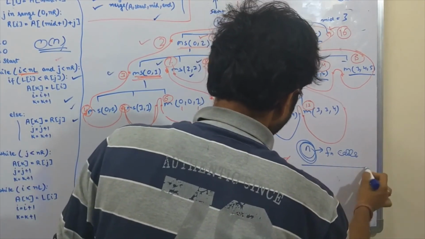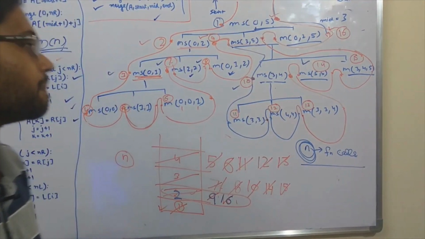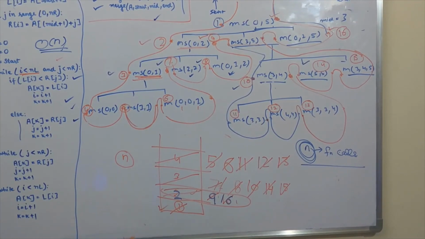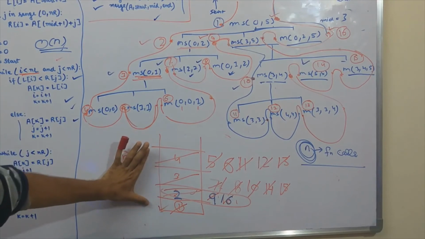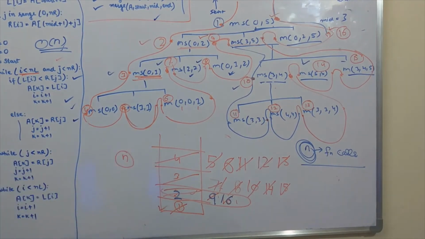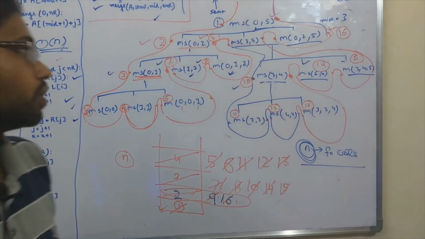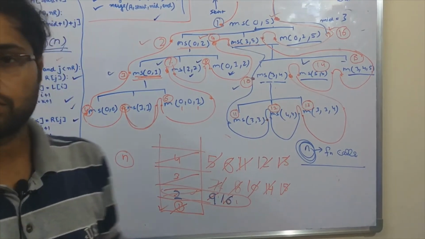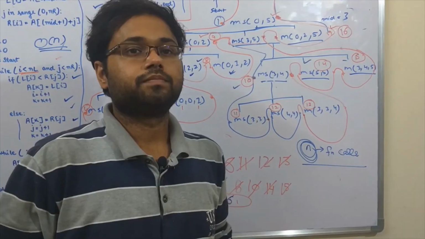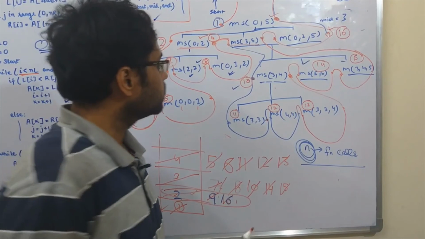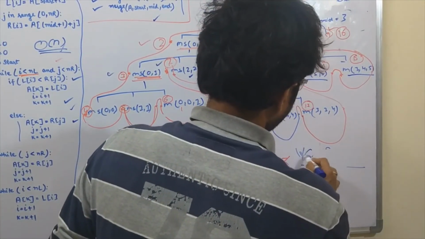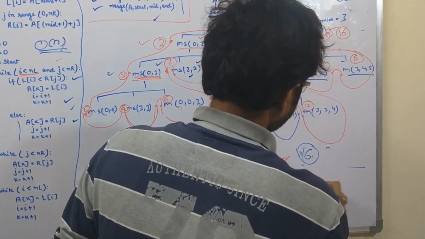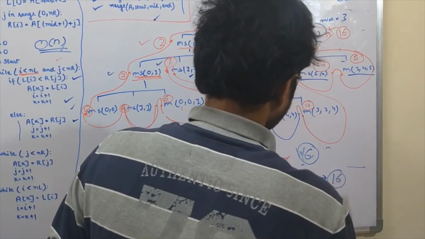what will be the space complexity for the same? If there are 16 function calls, what is the height of the stack that we are using? It is 4. So how we are coming to the fourth, that we have to see. We have already seen that if there are 6 elements, then there are 16 function calls.